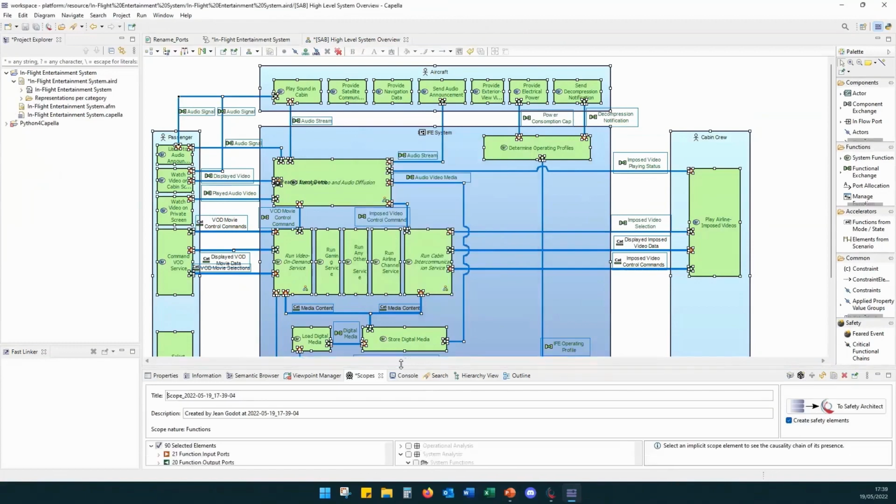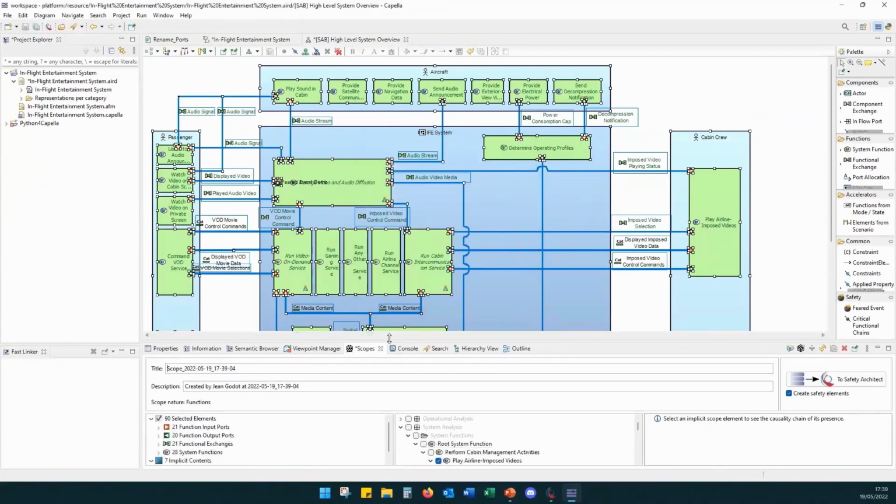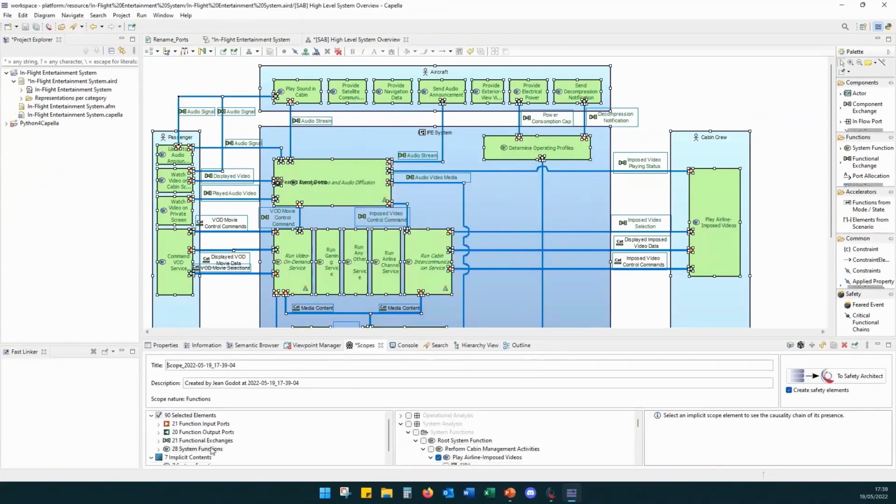And thanks to the scope, the scope indicated that 90 elements were selected manually, but the scope detected that 7 implicit items must also be added to the scope to be sure that you will not forget information when we switch from Capella to Safety Architect.